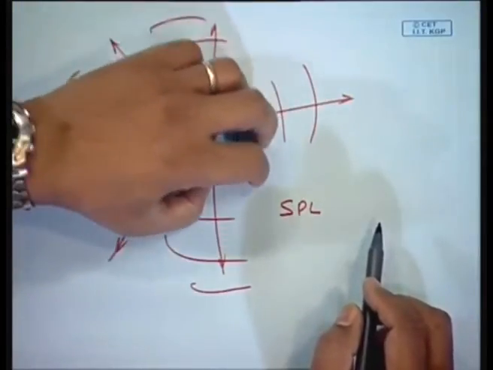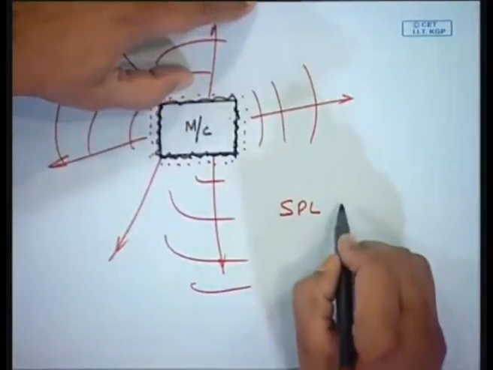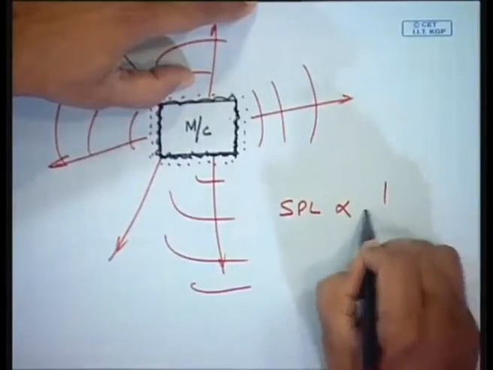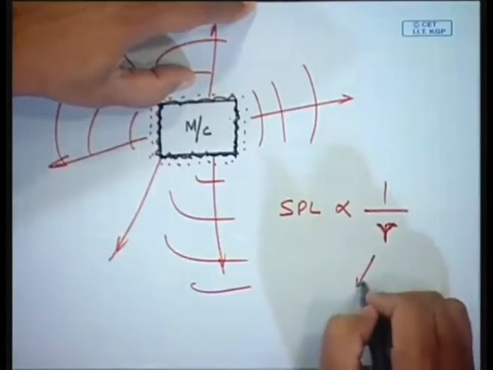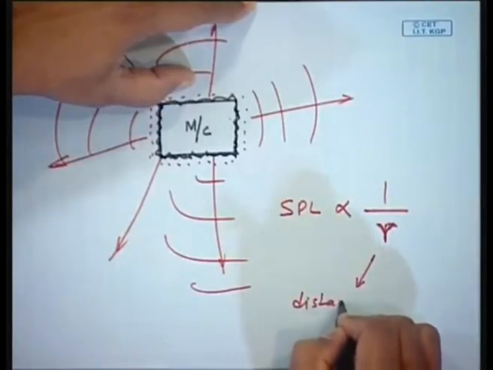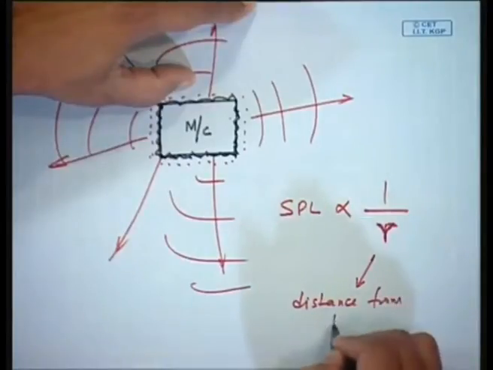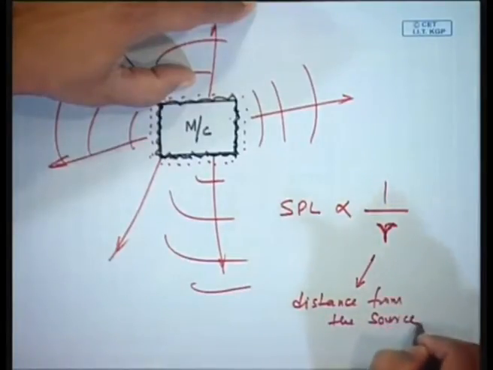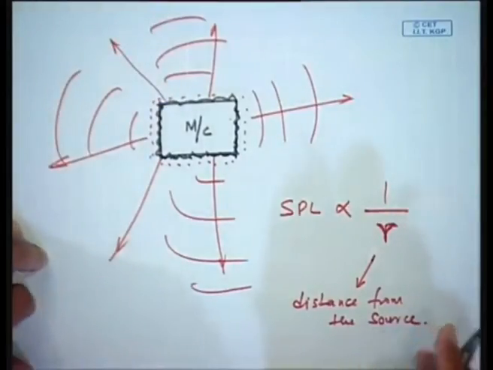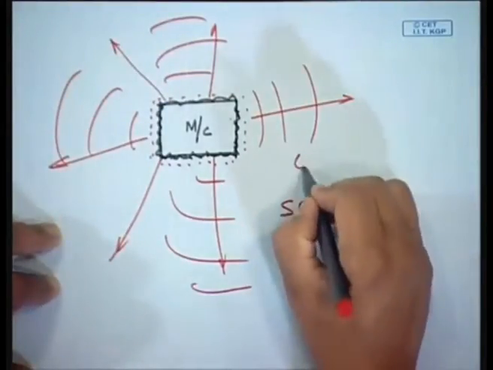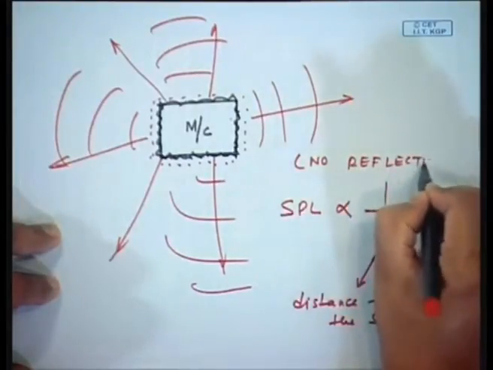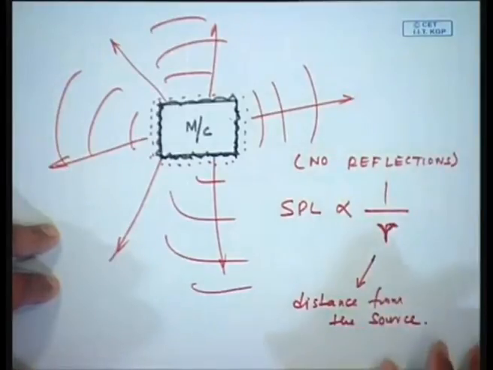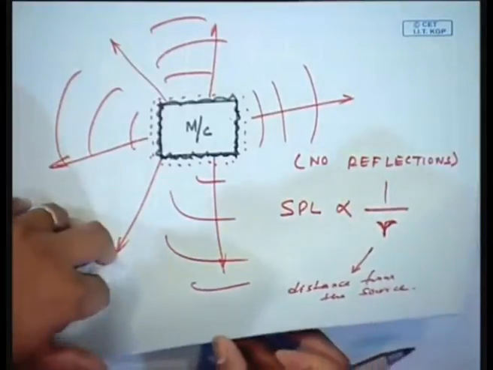So, they would radiate sound in all directions, but you will see this SPL is proportional to 1 by R, R being the distance from the source, okay, provided there are no reflections. Okay. That means,